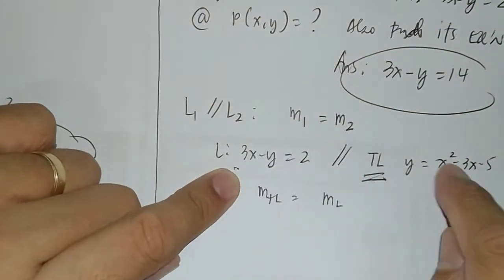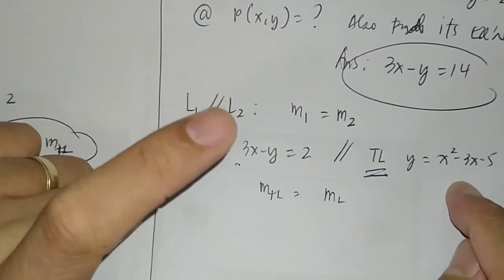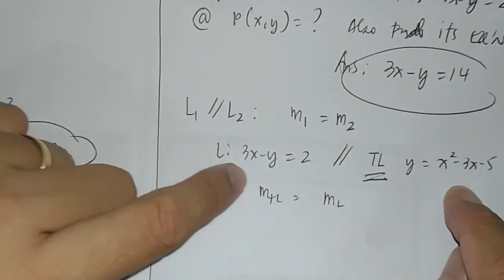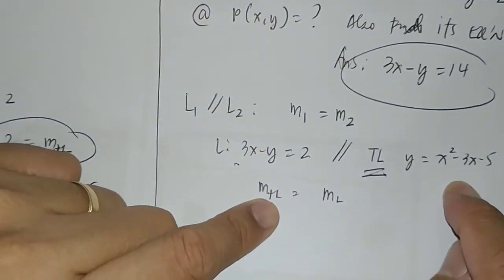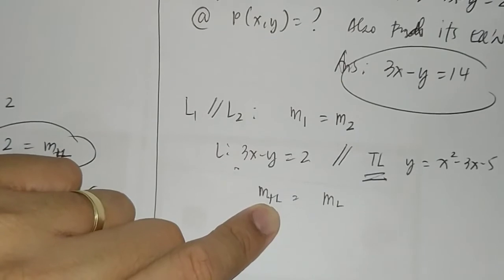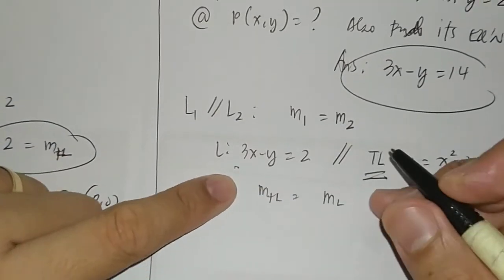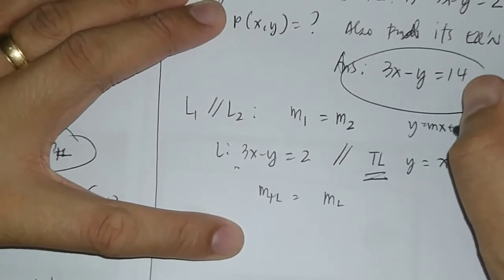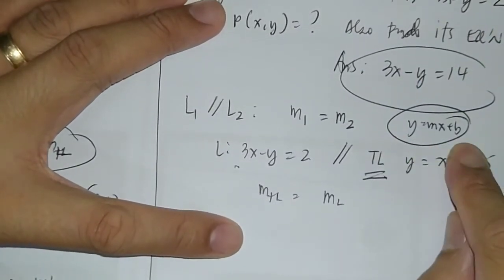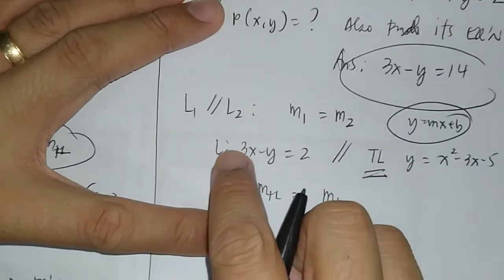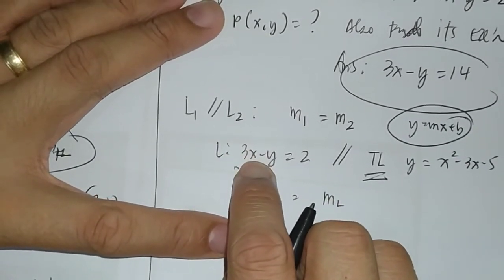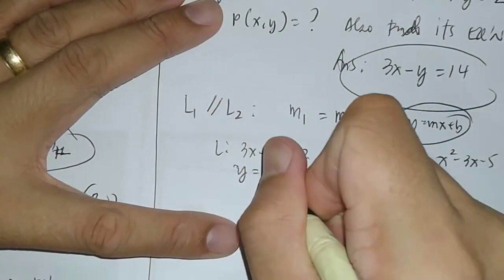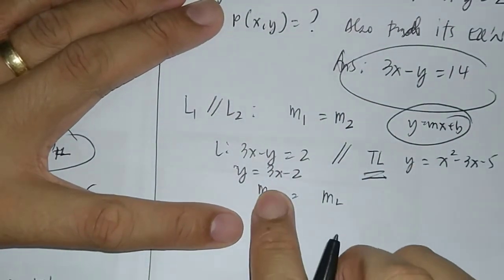So I need to get the slope of this line for me to get the slope of the tangent line, since they are equal. Using y is equal to mx plus b, we know that m is the slope. So rearranging this equation according to slope-intercept form,